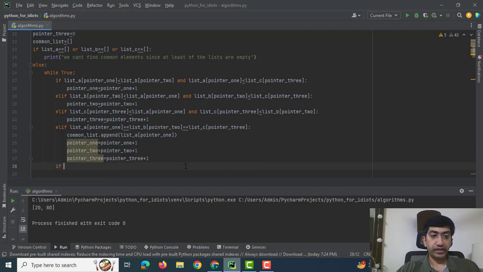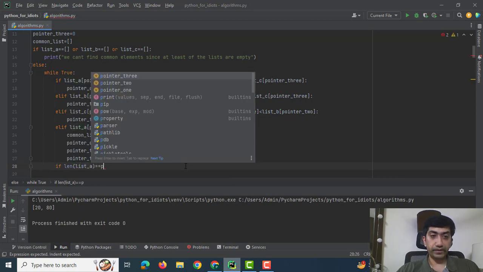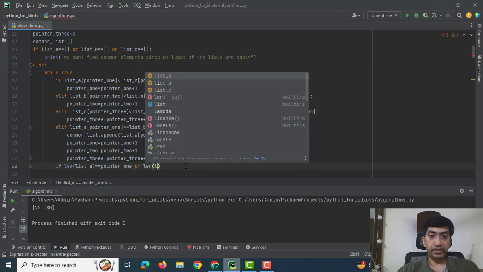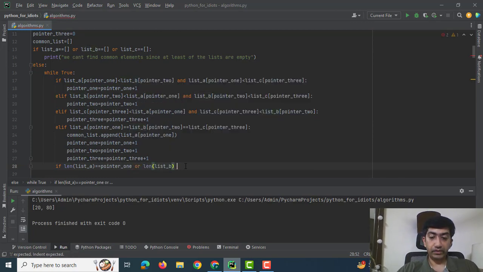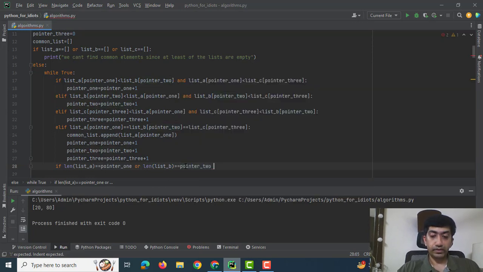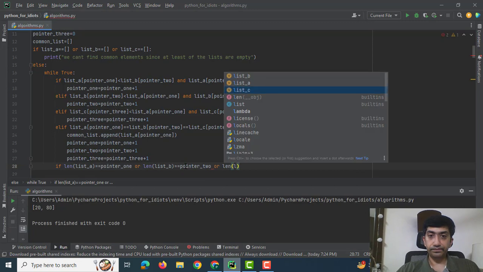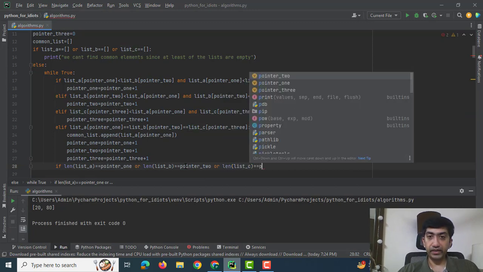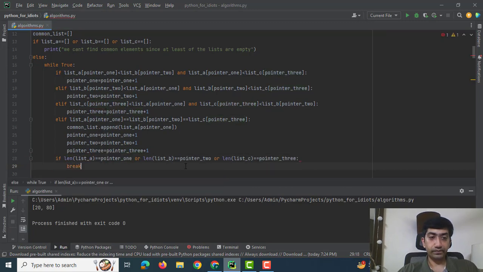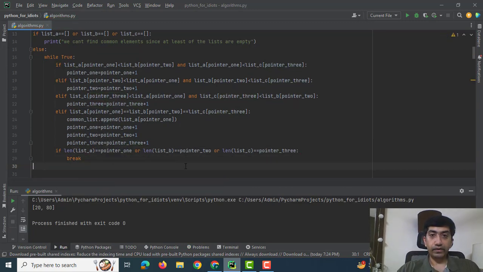And then I would check if either len of list A has become equal to pointer 1, or len of list B has become equal to pointer 2, or len of list C has become equal to pointer 3. Then I would break out of the while loop. Once out of the while loop, I would print the common list.